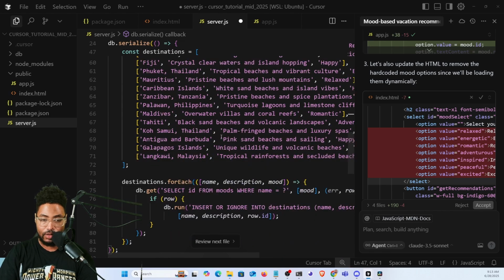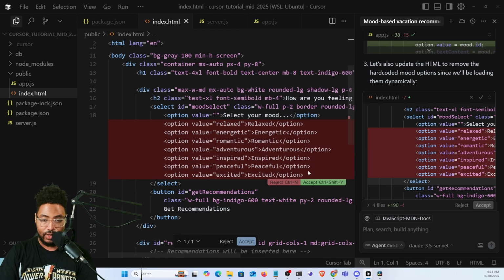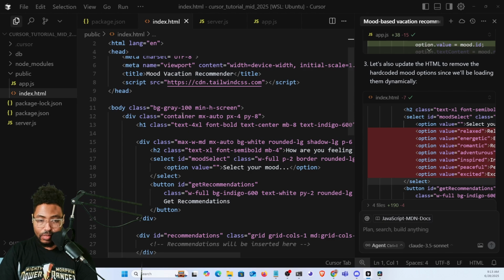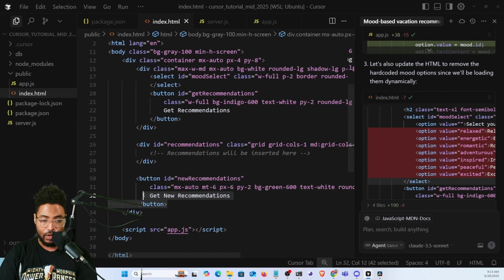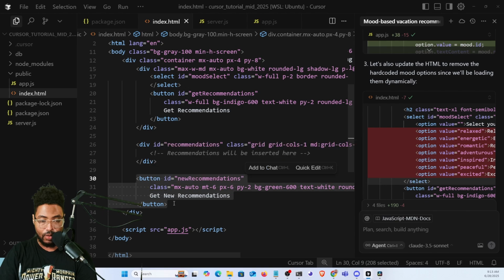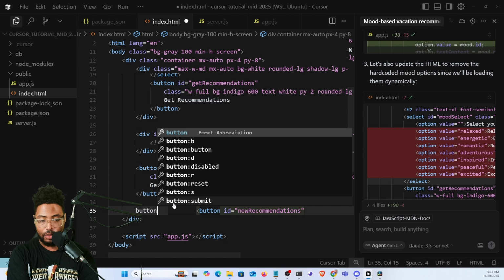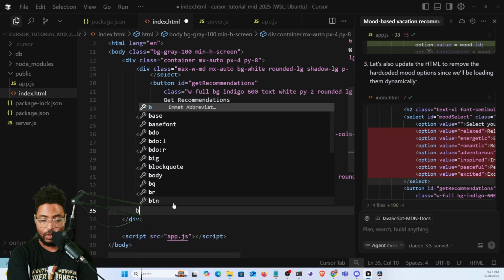So I'll say yes. And then based on some of the things inside of here, I forgot to accept this as well, so I'll go ahead and accept that too. But let's say I wanted to add another button. So let's say add another button, and we'll say we want a button with new recommendations instead of, well, let's do this. Let's say a button